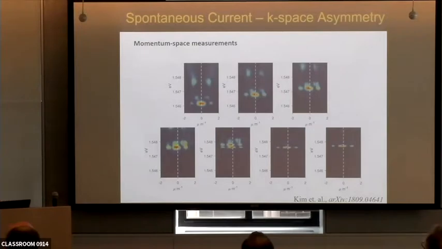We can also look at the K-space, where we expect to have a spontaneous current that should show up in the asymmetry in the K-space or a shift of the K-space distribution. And you can see that clearly. At low pump power, it's very symmetric. But as we increase the pump power, we see a clear asymmetric shift for these low energies, while the higher energies, the excited states, remain symmetrically distributed in K-space.